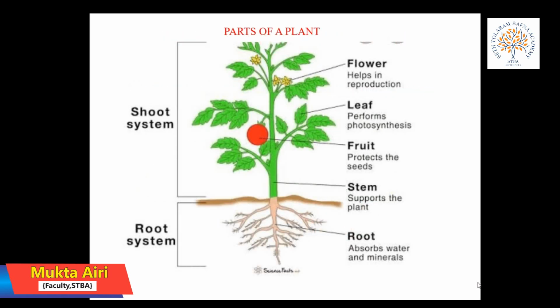Parts of a plant. Different parts of a plant work together and grow. The two main parts of a plant are roots and shoots. The shoots grow upward and the roots grow downward. The shoot has stem, branch, leaf, bud, flower and fruits. Now we are going to start with the parts of a plant. The first part of a plant is the root system.